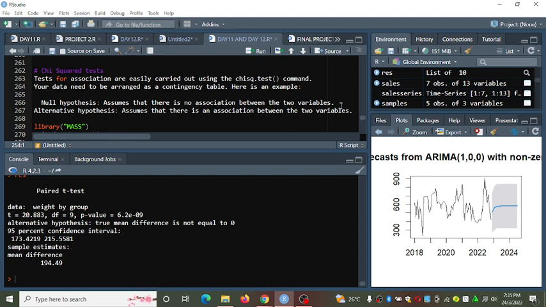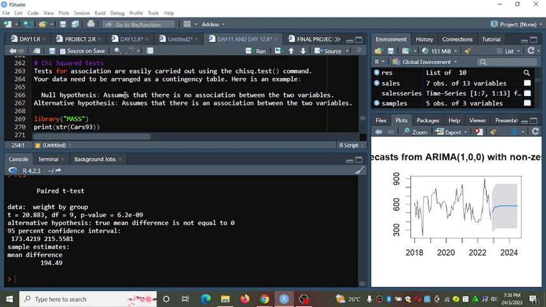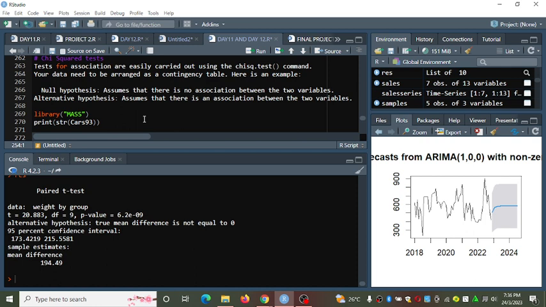Here is an example, and before we continue, the null hypothesis under the chi-square is that there is no association between the two variables. The alternative assumes there is an association between the two variables. Remember, the alternative hypothesis is framed based on your question.